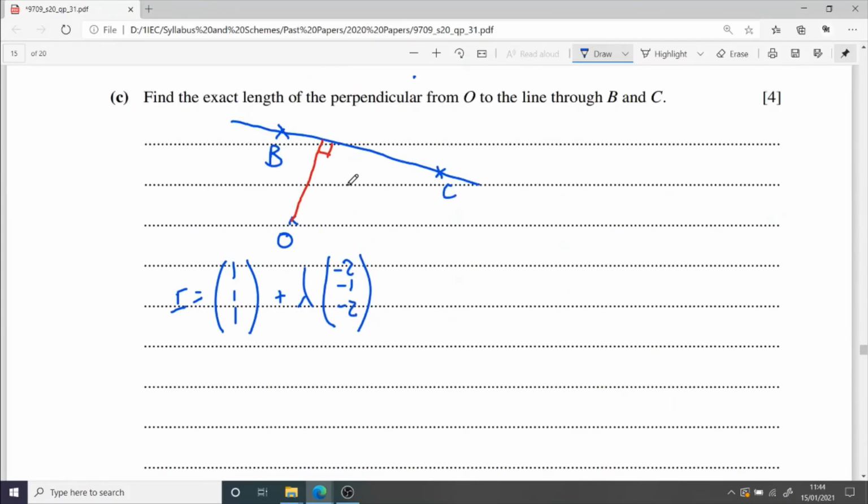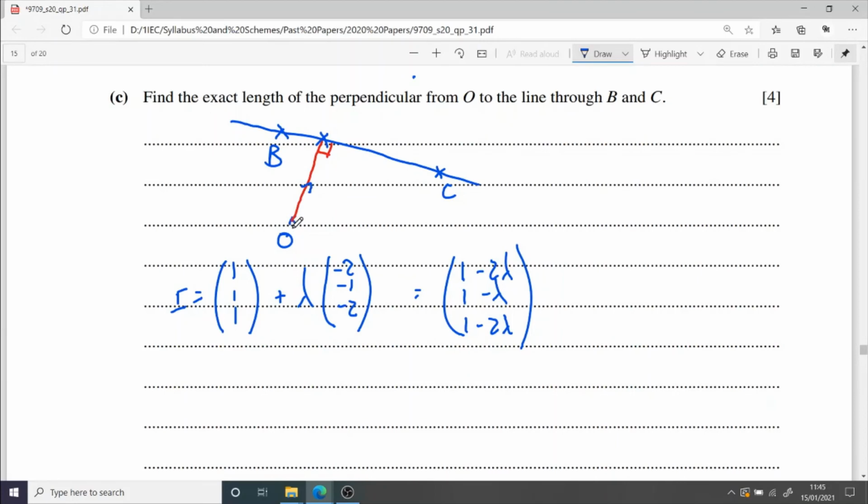Okay, that describes any point along this line here. So it would also describe whatever this position is here. I'm going to write it as a single column vector, this point, so 1 minus lambda and 1 minus 2 lambda. And now we want to do the dot product between this point here and the direction of the line, because what we've got here